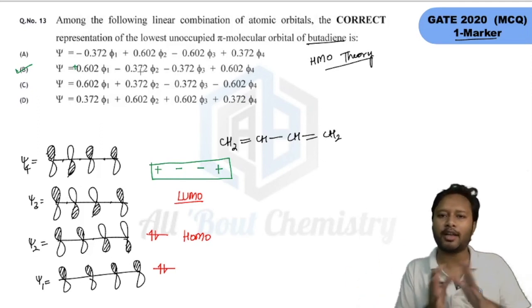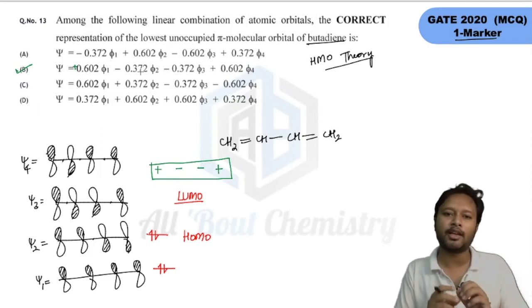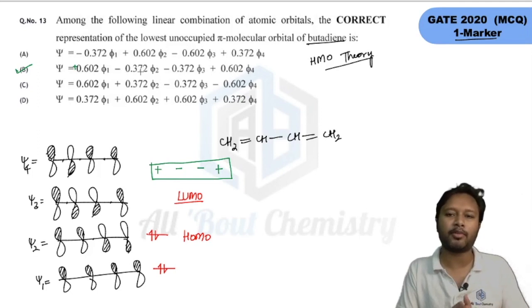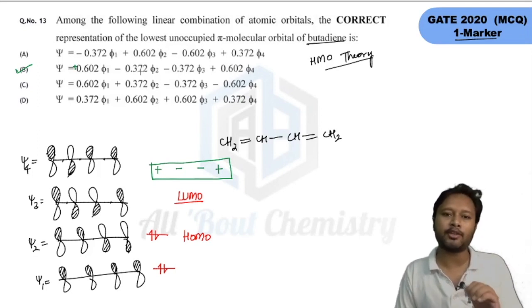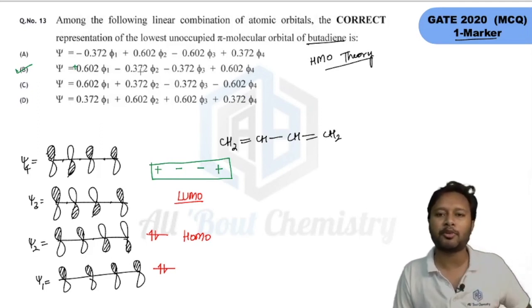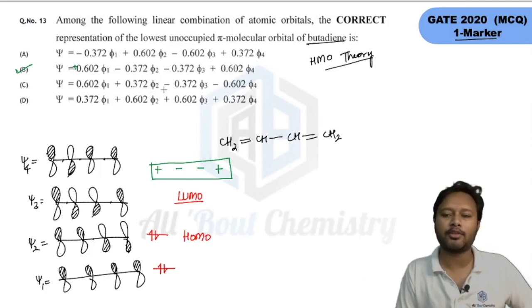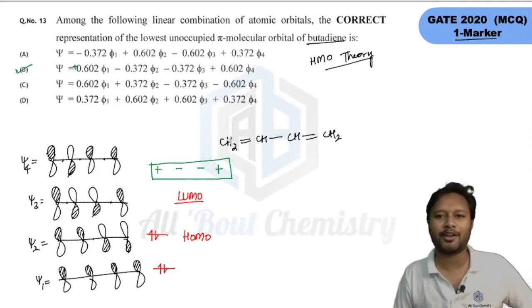Although the correct method is quite different, where you have to calculate all these coefficients, see them and then solve it, I am not going into that. I am just telling you how you can approach this in the minimum amount of time. So this was about your question number 1, which was asked in your GATE exam. Let's take the next question now.